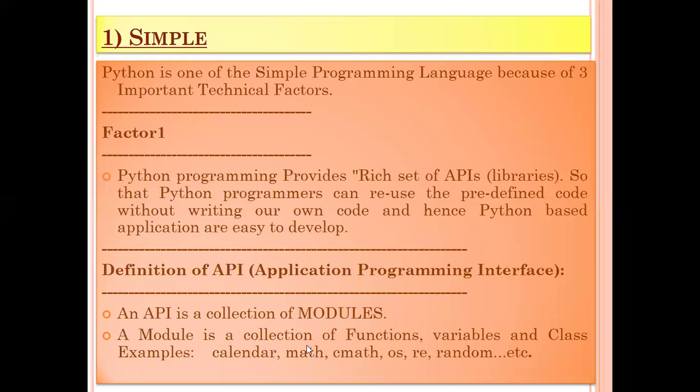If we want to use them, we need to import calendar, import math, import cmath, import os, and the random module. We'll discuss them in detail as we proceed further.